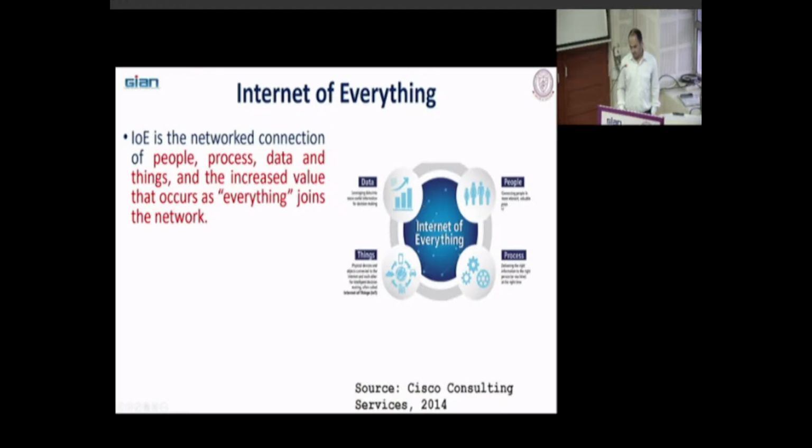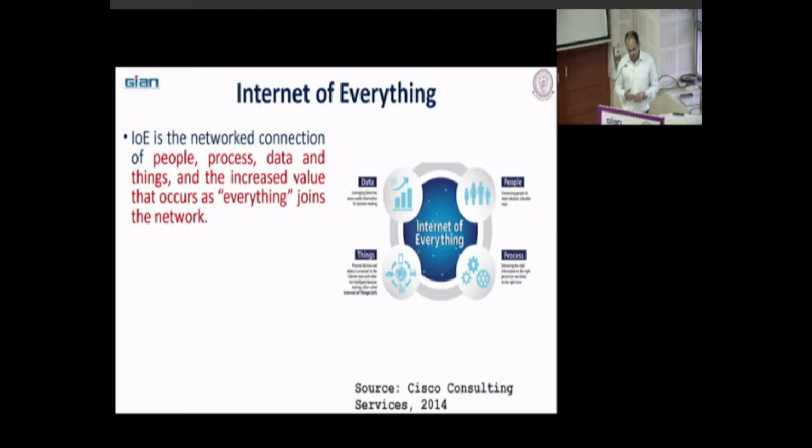First one is the people, connecting people in more relevant, valuable ways. Suppose you have Internet of Things devices, and the people are not using those devices. What is the use of that? Do you really think you are going to get some useful insights from that? What do you think? No. So that's why the people who are playing an important part in your supply chain should also be aware of this advanced technology, Internet of Things. Only then will your whole supply chain, whole network, be optimized or improved.